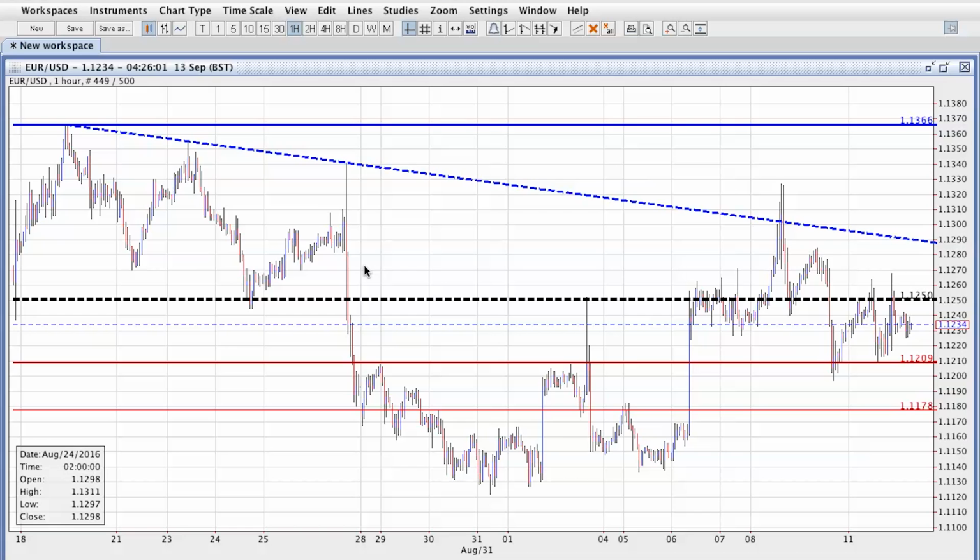So the last time we had a look at the euro dollar, we were just entering the ECB press conference and we had a move up towards the previous high of around the 113.66. We were not able to break that level and we sold down and moved back down towards the old lows. Currently, we made a move on Friday down towards the 112 level, testing those lows around the 111 area, but we were unable to break the 112, so we have currently had a bit of a rally, and yesterday